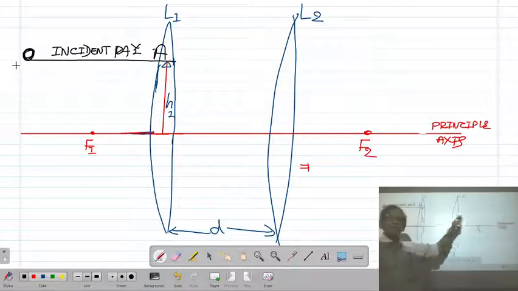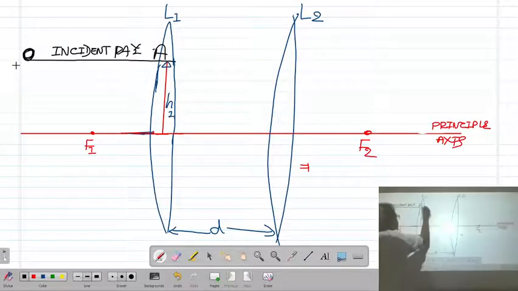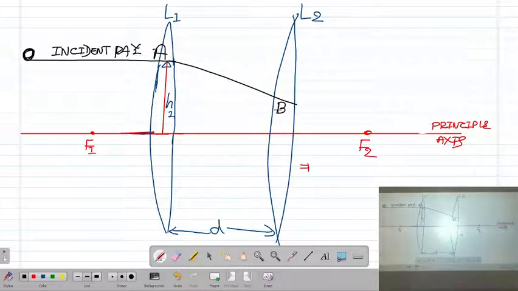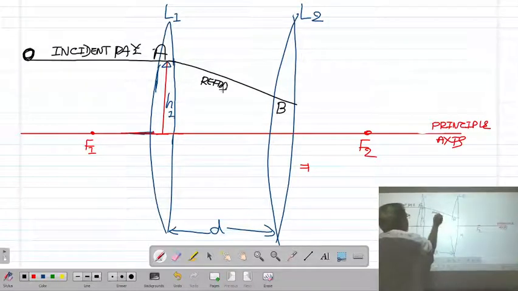So actually four refractions are going to occur, but we are not going to study those four refractions. That is a very tedious and complicated method. Now this ray OA undergoes refraction in the lens system and travels in this direction, AB. OA is the incident ray. You can say AB is the refracted ray.